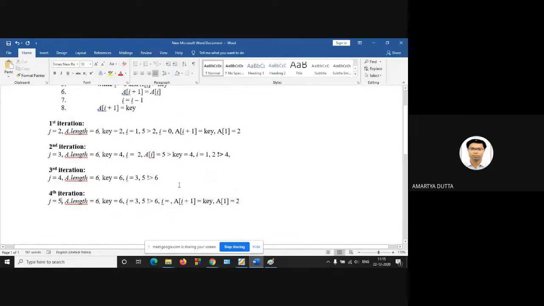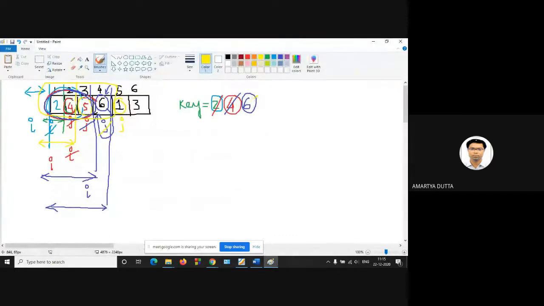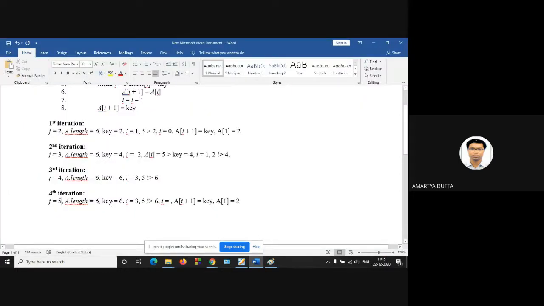So key is equal to A of J. So what is the value of key? Key is 1. So your key is now 1. And the initial value of I is J minus 1, so 4.